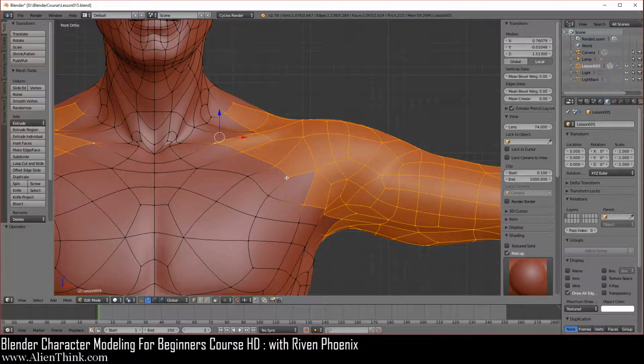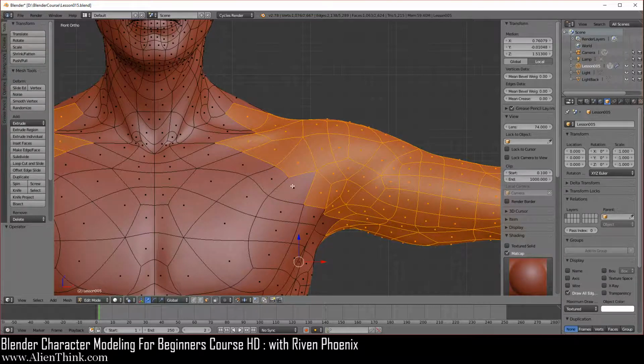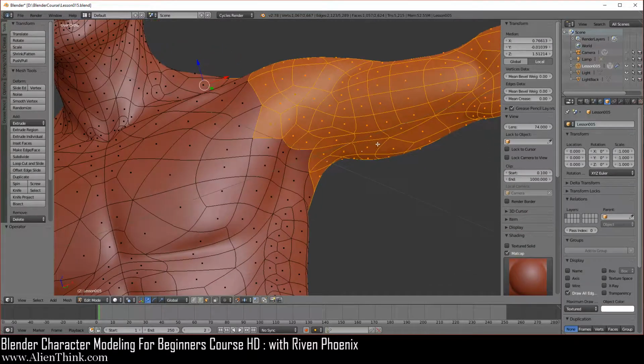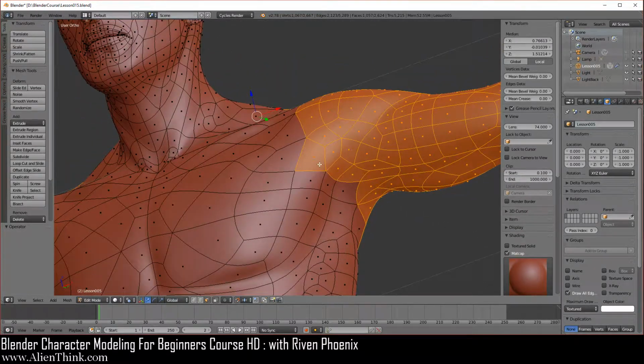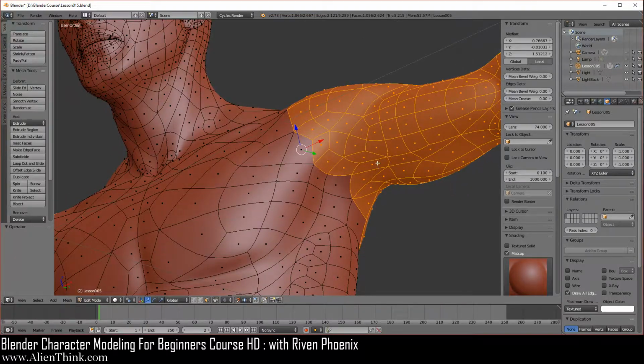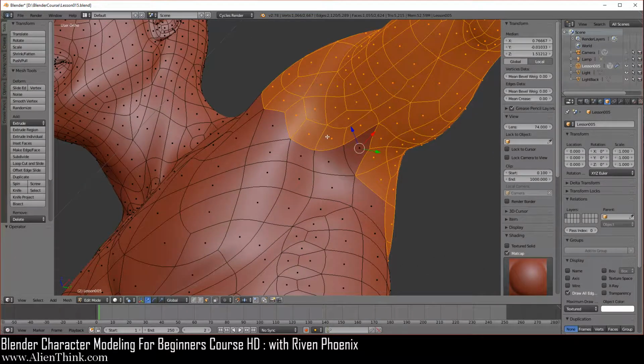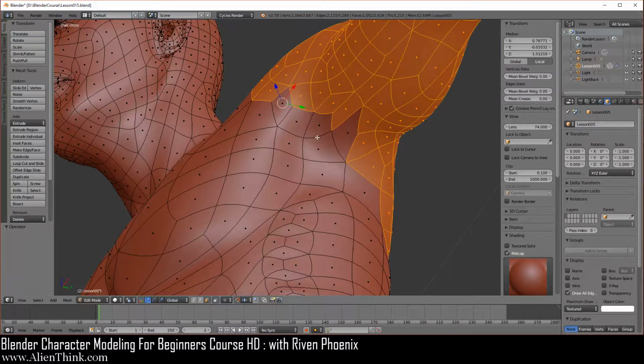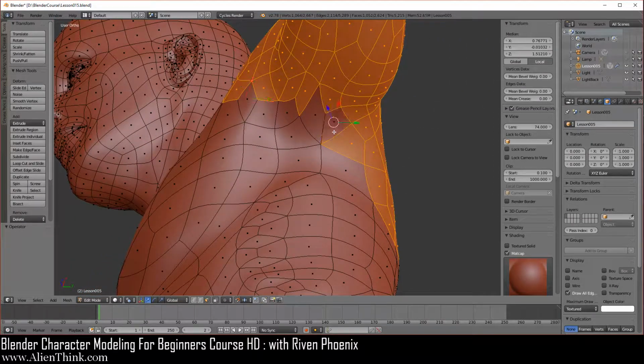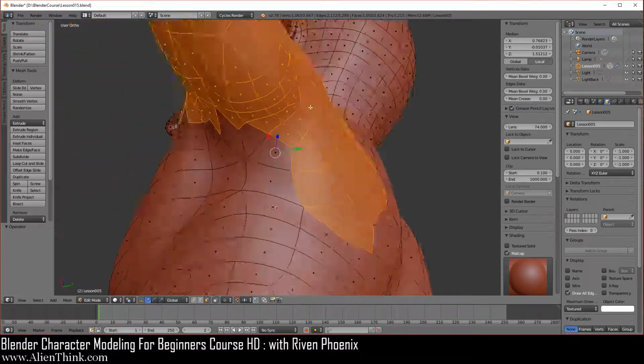So to do this, I'm actually going to switch to the face select mode. Shift, deselect this one, this one, this one, this one, this one over here. And you're going to come over here, you're going to deselect this one over here. You're going to deselect this one, deselect these 3, so it needs to be in this pattern over here. Deselect this one and this one over here.